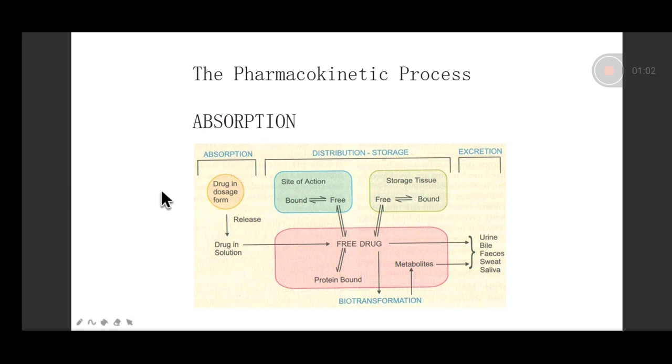Okay, that means the drug is moving in the body. And when it's moving in the body, it's usually moving across the cell membranes. The basic membrane against which drugs have to be transported is the cell membrane. And you people know everything about the cell membrane from your class 12 biology and your first year anatomy and biochemistry. So the movement of drugs is maybe across a single layer of cells, as in the intestine, the intestinal epithelium, or maybe across multiple layers of cells, as in the skin.